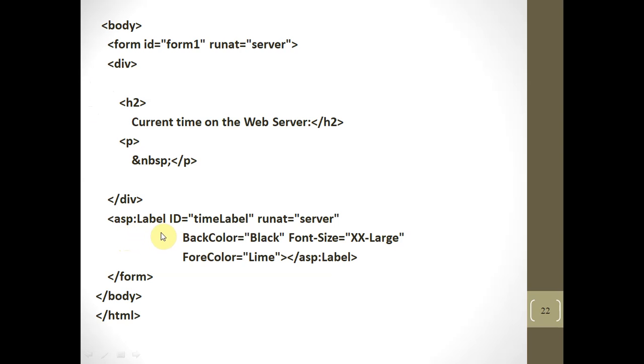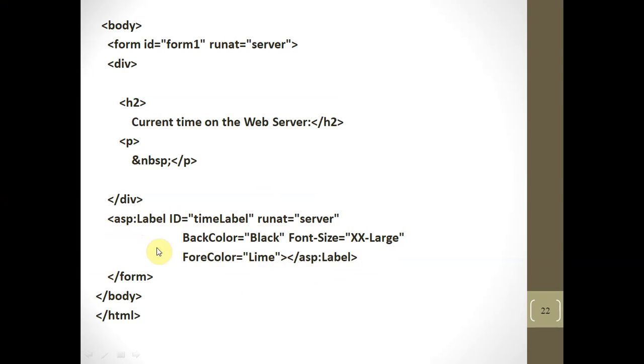And ASP label. Now we have one label, and the ID, meaning the variable name of the label, is time label. Again runat server, background color is black, font size is XX large, foreground color is lime, and this is closed. Under this label we will have to print the current time.